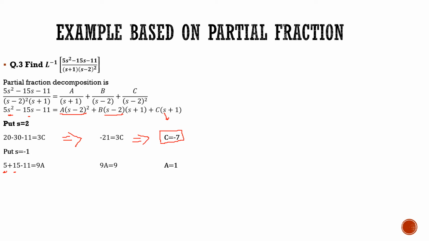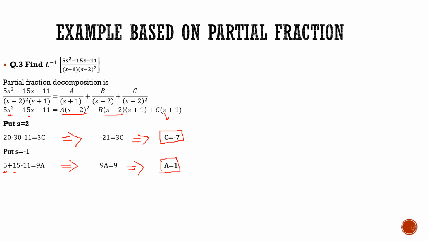And on the right hand side b and c will be 0, and minus 1 minus 2 whole squared, that is minus 3 whole squared, that is 9a. Now this implies we have 20 minus 11, that is 9a, which is equal to 9, and there I can find the value of a is equal to 1.